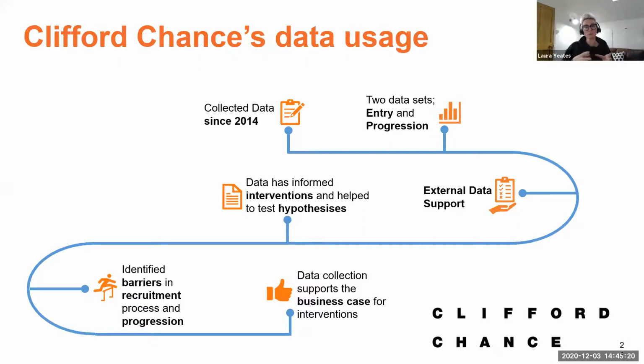So recognising that data is important to analyse, crunch, critique what you're doing, but also putting into place targets, hard targets, to enable us to see our progression towards where we want to go. I think for us, some of the challenges around crunching the data at that stage when we're looking at progression has been trying to collect the data to analyse when we're looking at perhaps work allocation or partner contact, if it's from a fee earner perspective, or the amount of client contact individuals have had, and thinking about every single thing that needs to be analysed when we're trying to identify those barriers. So that's been pretty challenging for us.